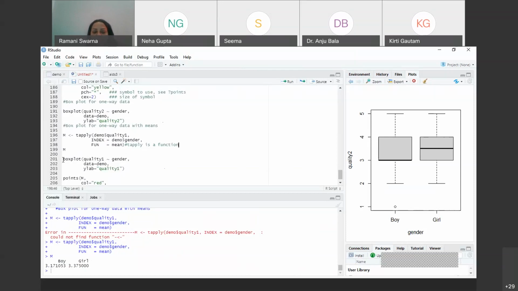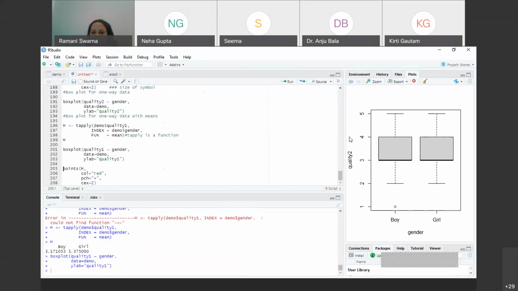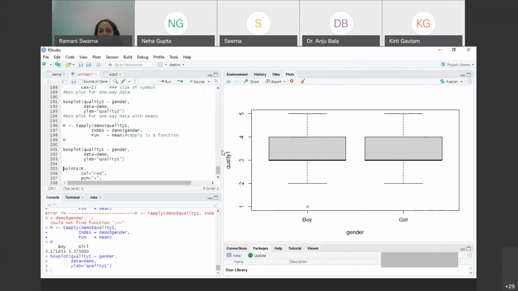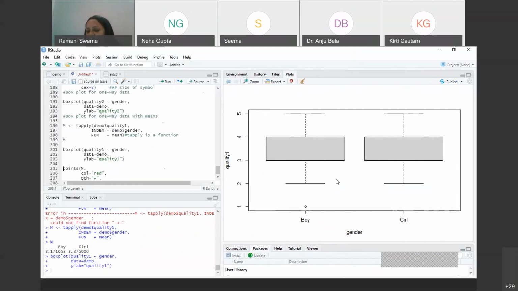Now I'm saying create the box plot. So here we go, and I just have to increase this box area so that you are able to see. This is the box plot that I have created in terms of quality and gender. For gender I had 2, boy and girl, therefore it has shown both. After that, I said I want the color, that is for means, to understand exactly where the mean value is. So if I run,